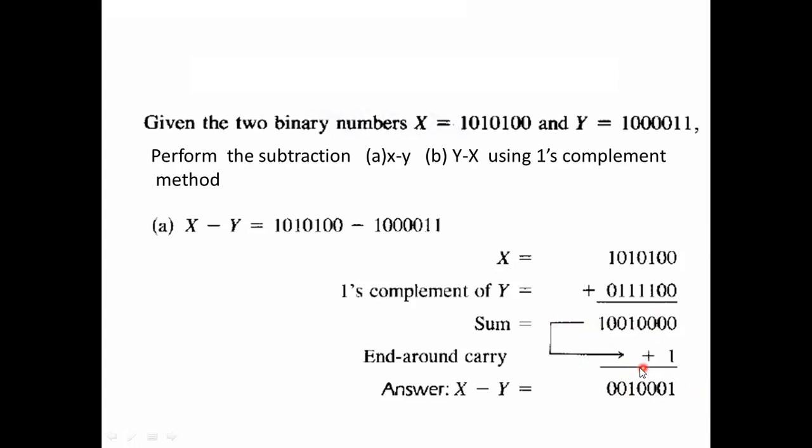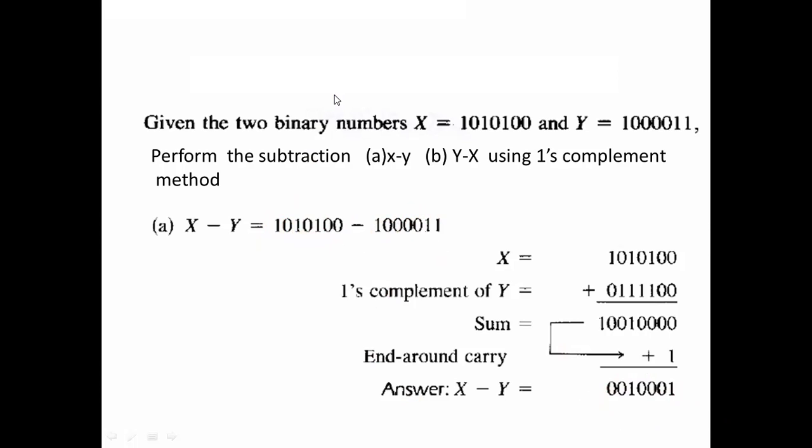Okay amma, suppose you have a doubt, is this problem correct or not? Suppose you are having any doubt, how to check that? In the decimal number system we can do it easily. So how to check that? Take the decimal number for x and convert this binary to decimal. Y is also converted from binary to decimal. Here also convert. Then see here, 1 0 1 0 1 0 0.